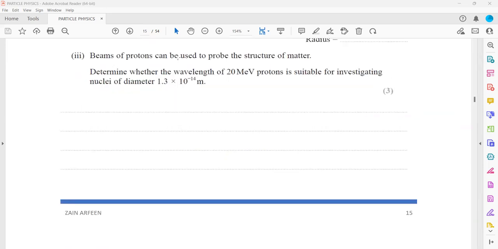Next, the beam of protons can be used to probe the structure of matter. Determine whether the wavelength of a 20 mega electron volt proton is suitable to investigate a nucleus of diameter 1.3. So if you want to investigate, basically to investigate, the wavelength should be equal to the gap size. Like we will compare the wavelength with the size. We have the radius, but we'll compare with the, because